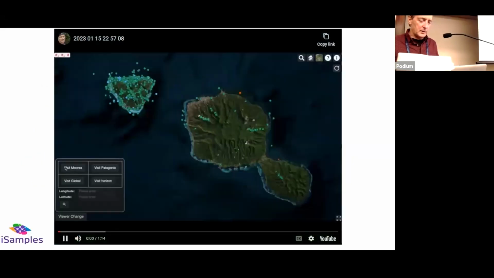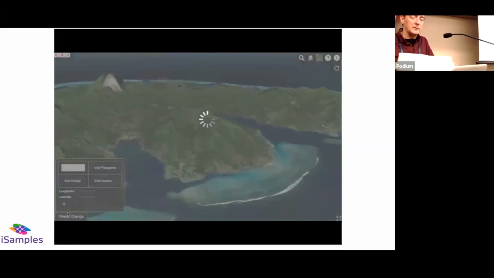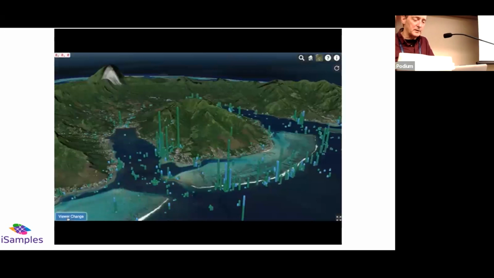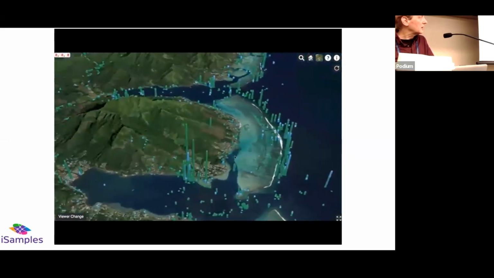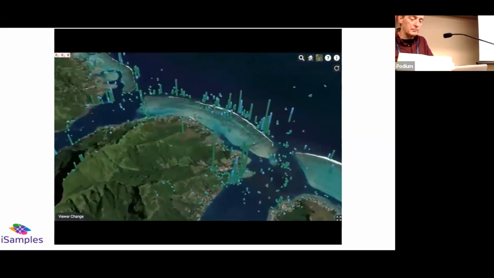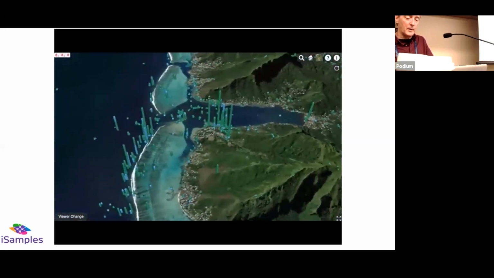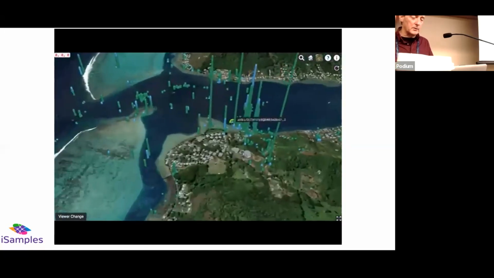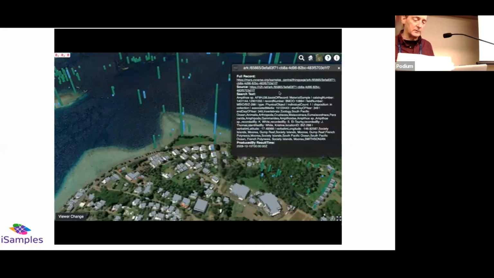So this is a visualization from my colleague Dave Iglesias. It allows us to visit the South Pacific island of Moorea in French Polynesia. Each of the colored points represents a physical sample, and the towers indicate that many samples were collected at the same geographical location. In the iSamples project, each sample point has an ARK identifier, which is displayed when mousing over the sample points. Clicking on a sample point will bring up a summary metadata record for the sample, and that allows you to link back to the original collection.